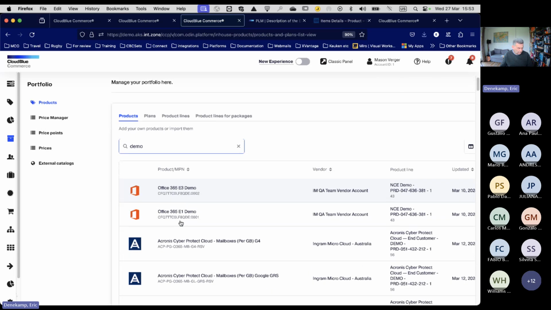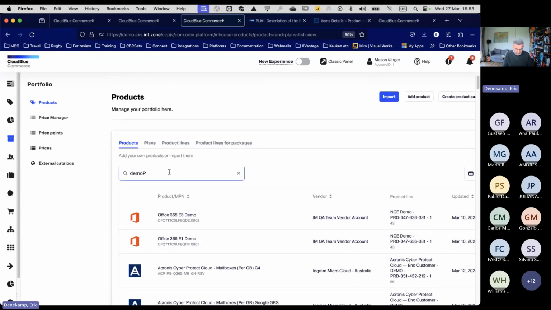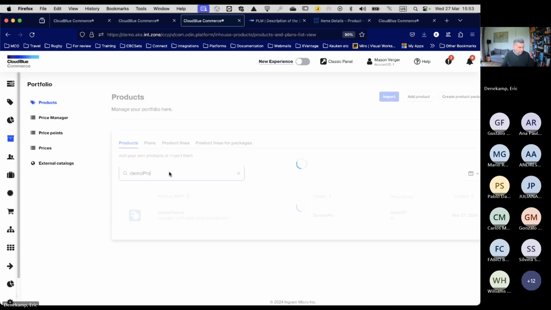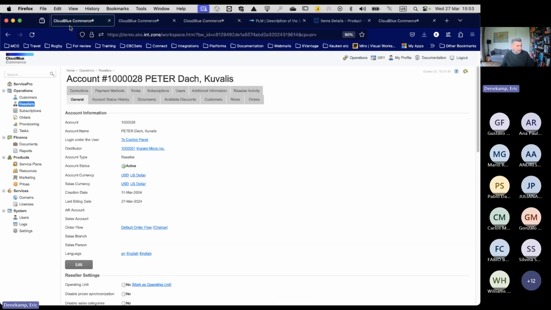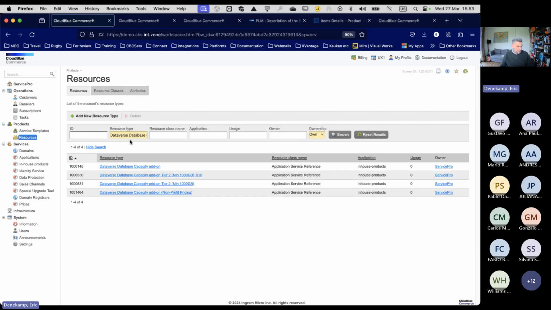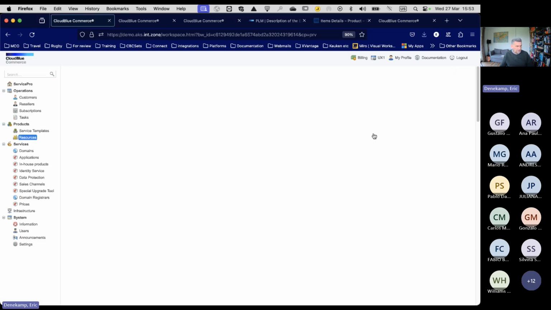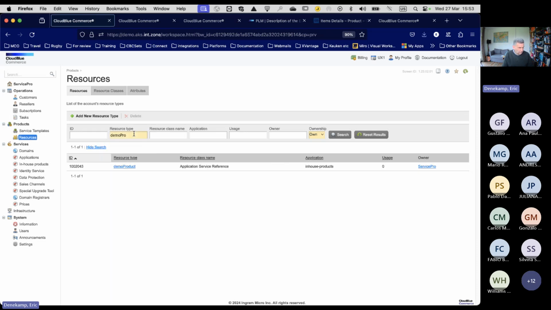Let's search for demo. There are too many demo things. There it is. So here we have the product line is called demo ST. If I now go to my operations and I go to resources, reset the results, call it demo pro.